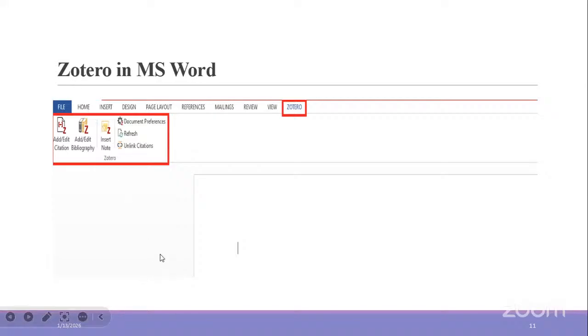So we will go to any browser you can use here.